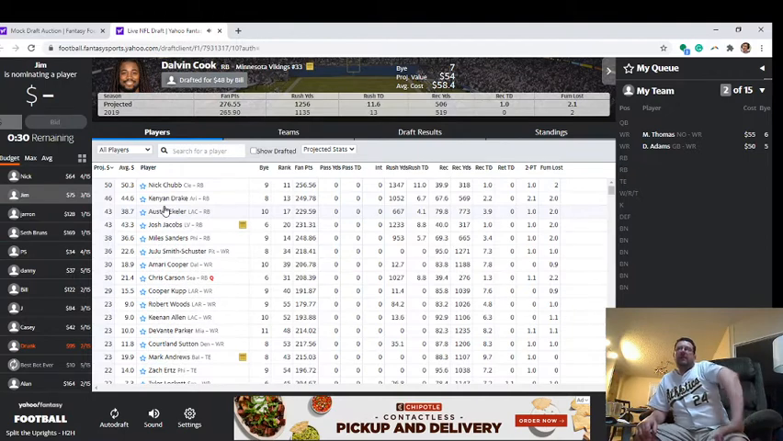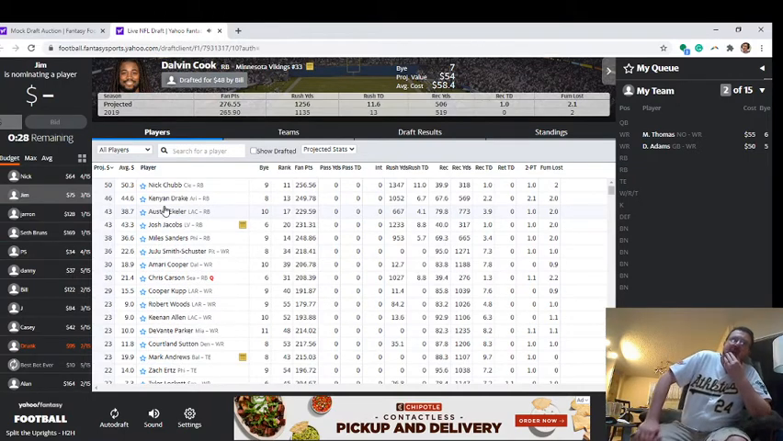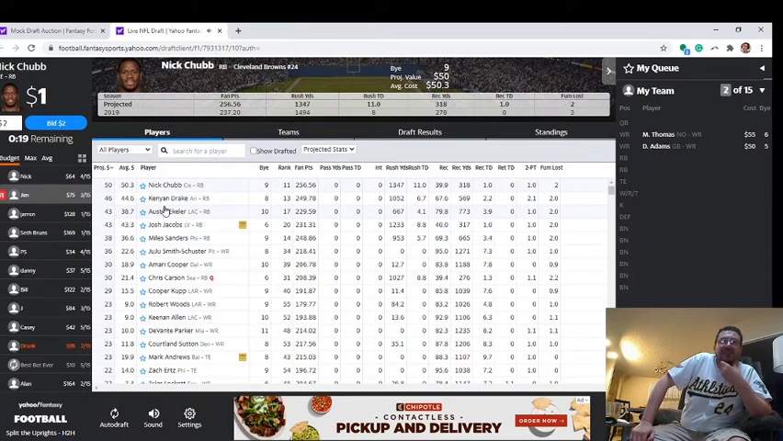Dalvin Cook went for 48. Average cost 58.4. That is a curveball. Does that mean Kenyon Drake, Austin Ekeler, and Josh Jacobs won't go for market value? I don't know. I'm glad we have Nick Chubb coming up now. Nick Chubb will be a good test of the market. If Nick Chubb goes for less than market value, people just are not bidding on players they're not enthused with. If Nick Chubb goes for more than market value,